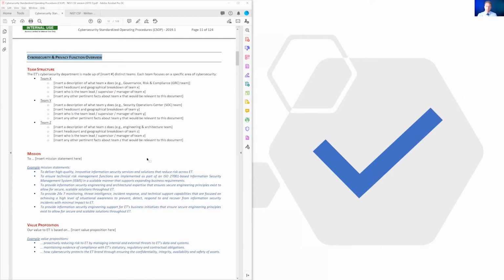So if there are specific teams, now imagine a Fortune 500 company or a Fortune 100 company might have multiple teams associated with their IT program, their cybersecurity program, whatever it may be. There may be teams regionally, throughout the globe. In your case, it's likely that you may have one team with every member of your IT staff and some of your other HR staff may be part of that team. So don't feel like you have to create a team for each of these, but it may be that initially